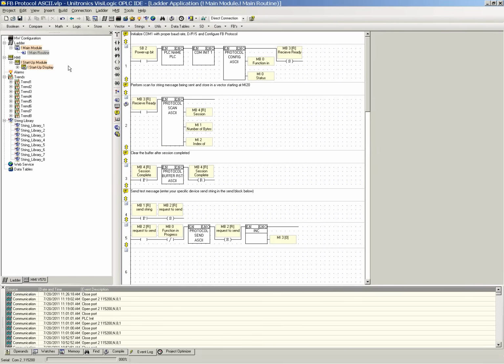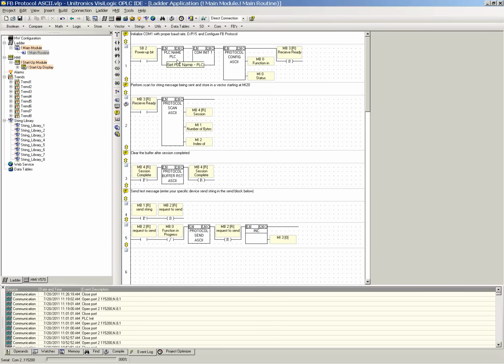Okay, so in the latter portion, the best programming practice is to always have a system bit 2 power-up bit with all your essential communication parameters or your one-time configurations. The SB2 is a one-time power-up bit. This bit is only active the first time the controller powers up, a single scan, and a single scan activation is all you really need for any of the communication configurations or any of the COM port